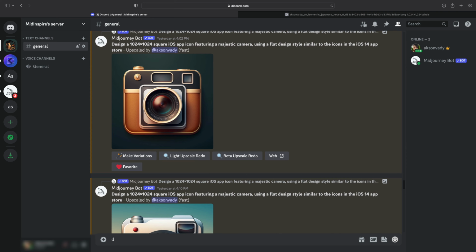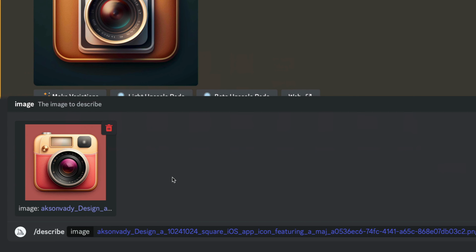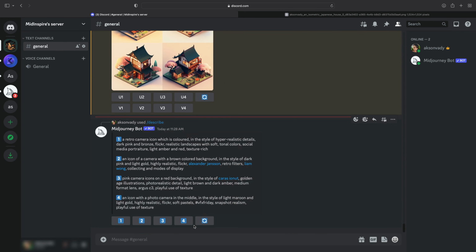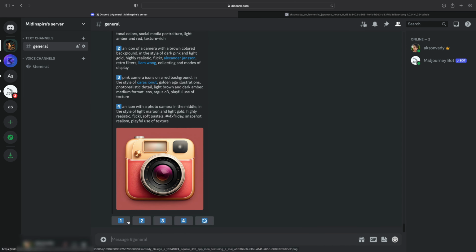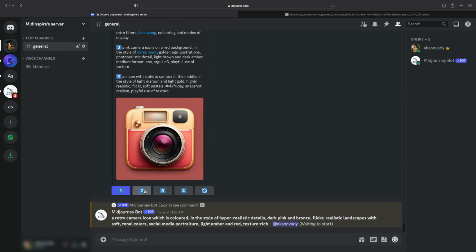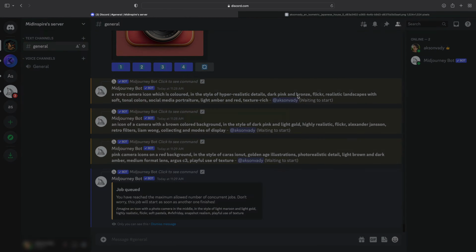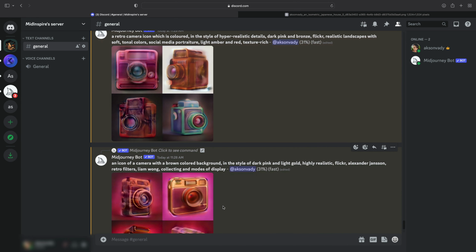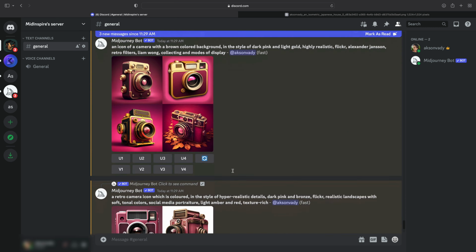Have you ever been stuck trying to come up with ideas for creative prompts? The /describe command in Midjourney can help with that. By using this command, you can upload an image and generate 4 different prompts based on it. The /describe command generates prompts that are intended to inspire and suggest ideas, rather than to replicate an uploaded image precisely. This means that the generated prompts won't be exact copies of your uploaded image, but rather a creative interpretation